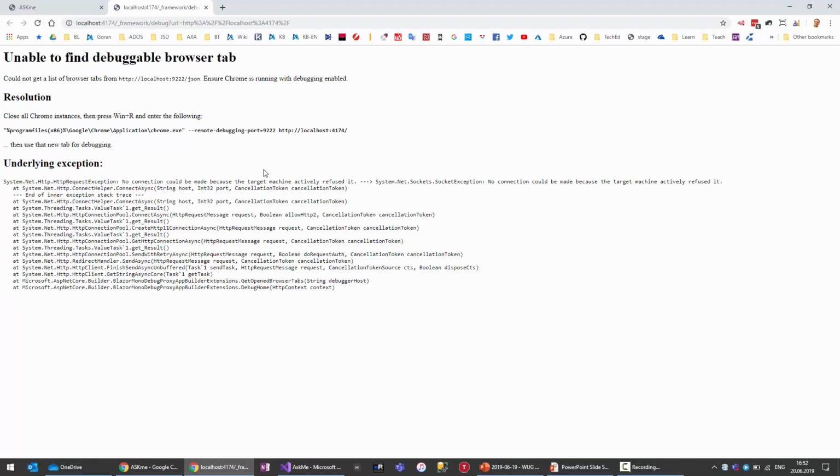In the very first try it tells you that Chrome is not running in debug mode, so I have to switch Chrome to debug and just take this